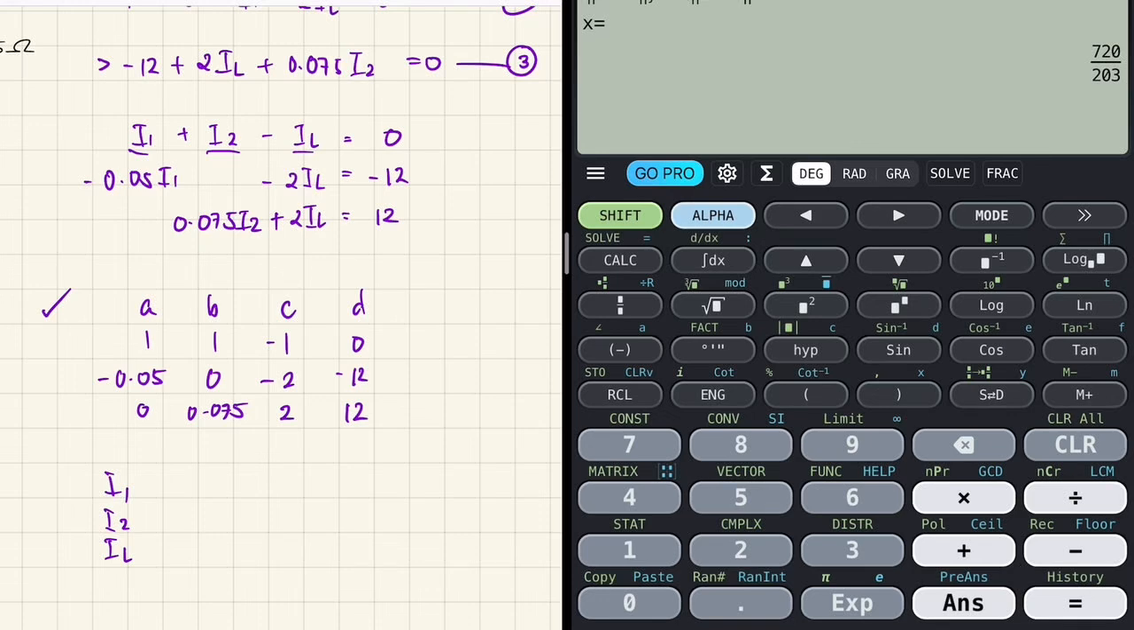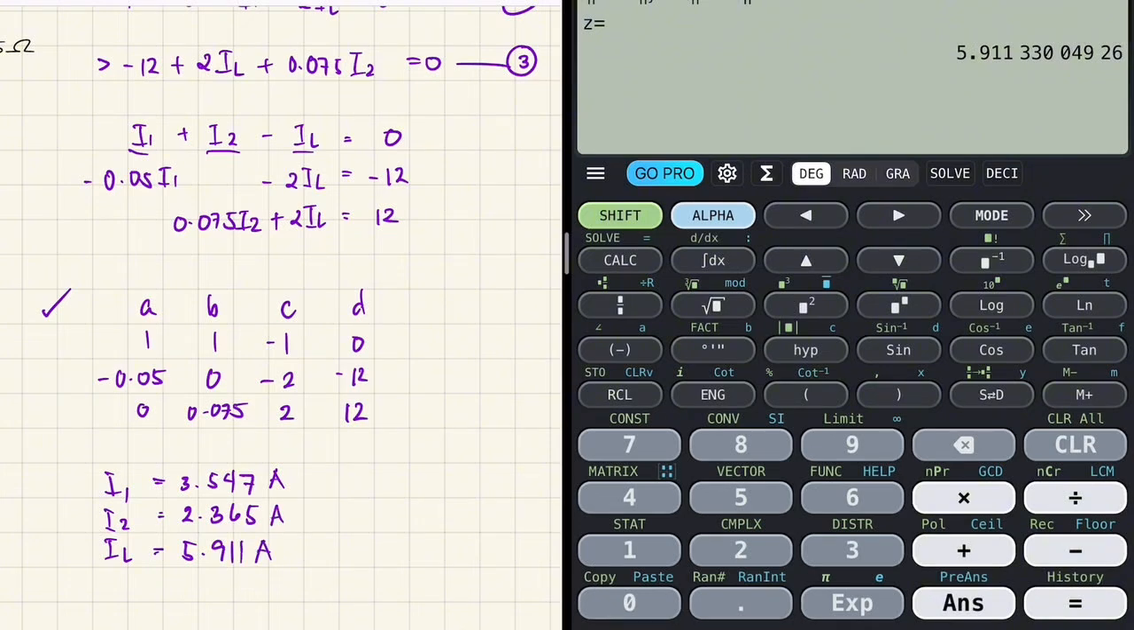Okay, so the first one is 3.547. This is amps. Next is 2.365. And lastly is 5.91